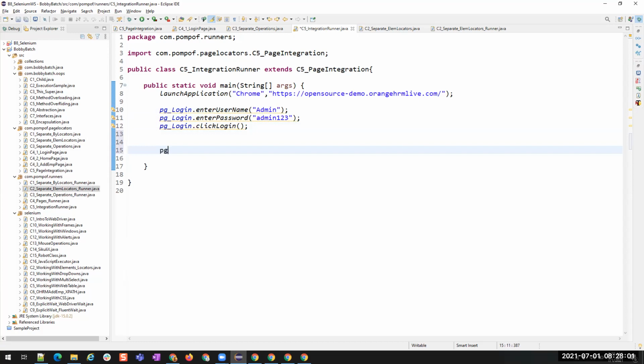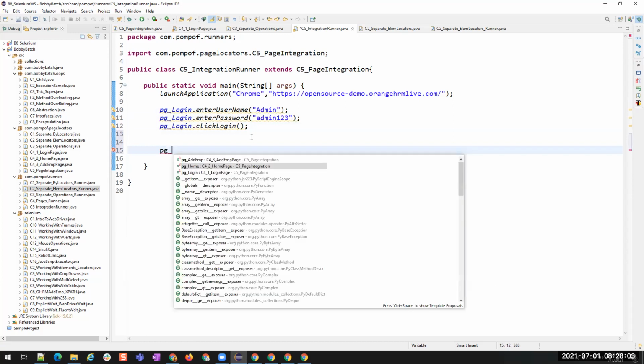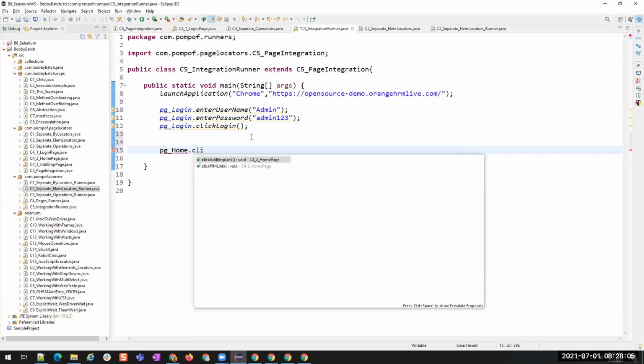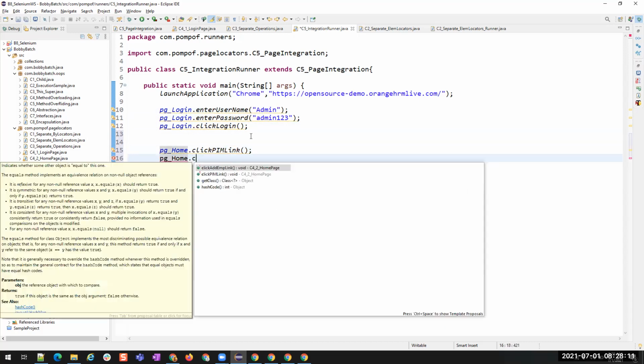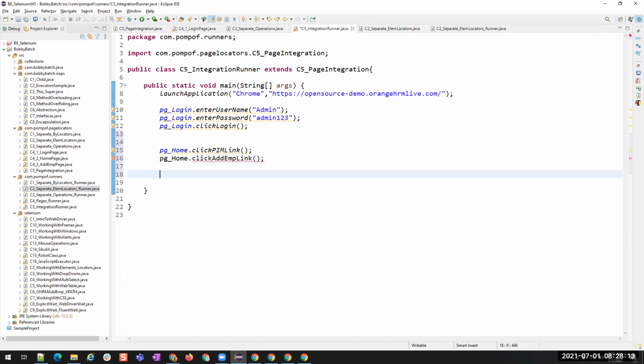And then page_home, click on the home page. I want to click on the PIM link, and on the home page I want to click on add employee, and then on the add employee page I want to enter first name.